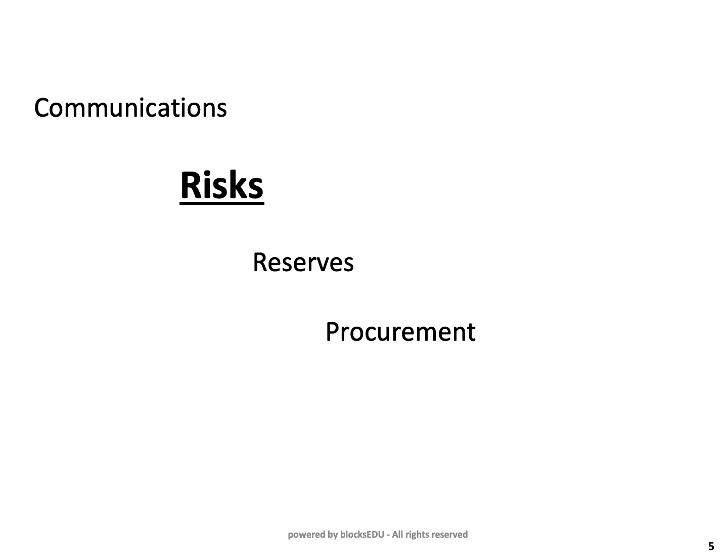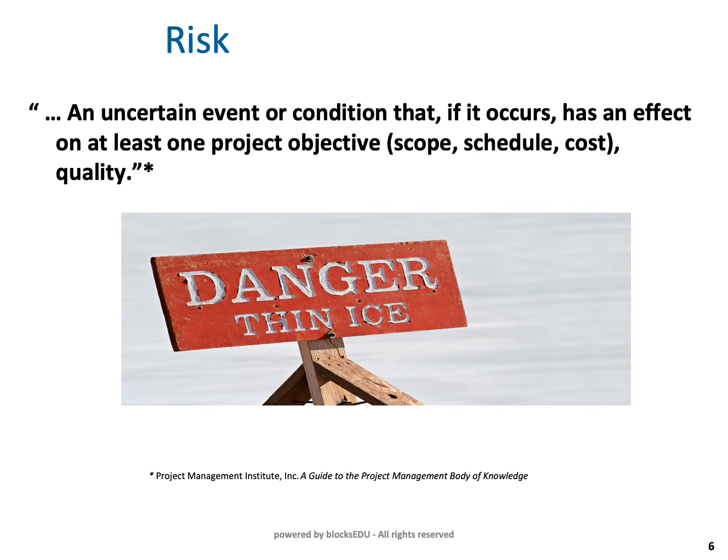Now we're going to look at the next item that needs to be addressed as part of completing your project plan, and that's risk. It can be said with accuracy that every project has risk associated with it. It's up to us as the project manager and the project team to identify what those risks are. Let's define risk. Risk is an uncertain event or condition that, if it occurs, has an effect on the project. So anything that has an impact, either positively or negatively, on our project can be considered a risk.